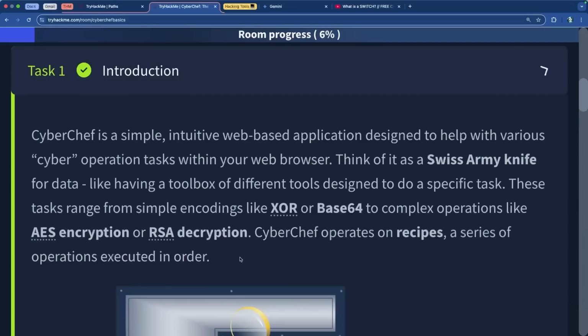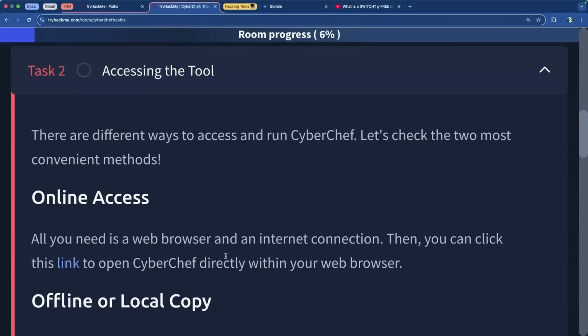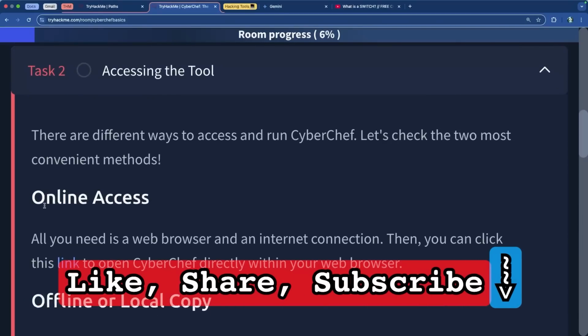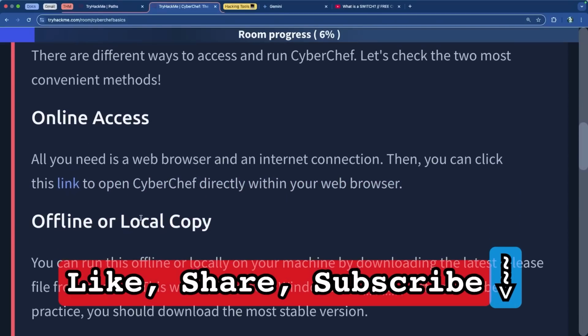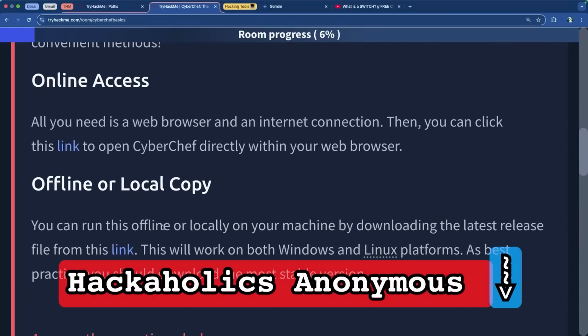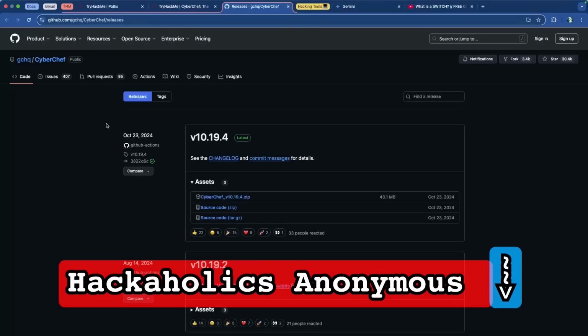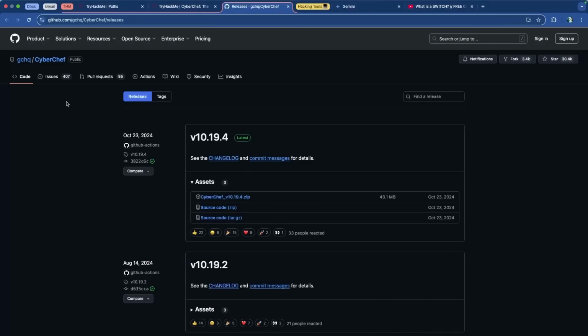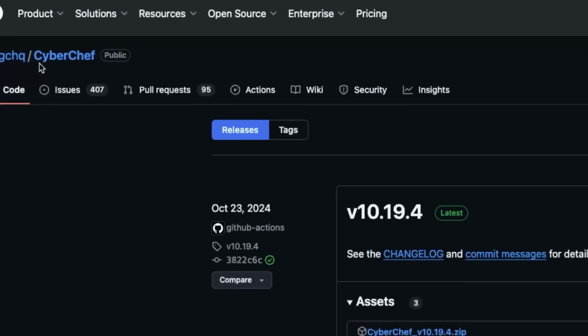So that being said, now we're actually going to access the tool. Every time that I've accessed the tool, it's been online and I just use it through my web browser. You can also use the offline or local copy, where you can download the most recent release from their GitHub repository. It's a GitHub repo that's available on GitHub, and it was created by whoever this person is,